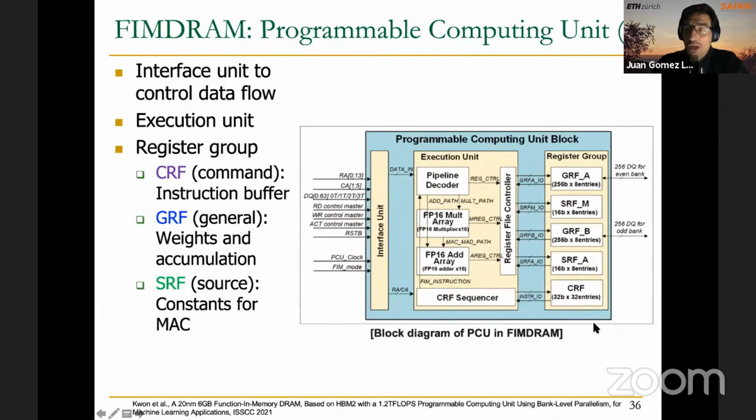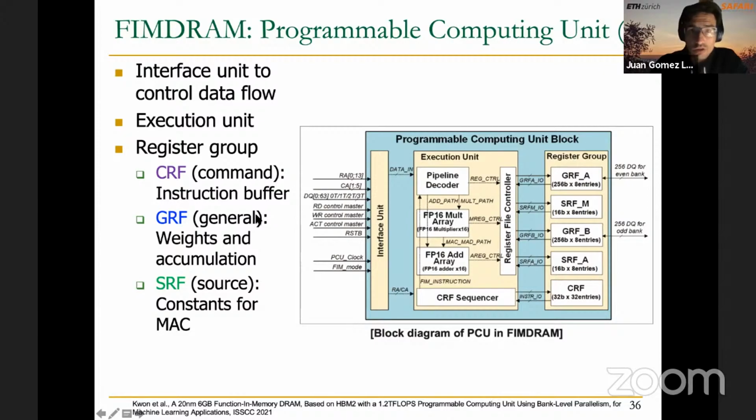So which means that we can only keep here 32 instructions, right? So that's why we will need, as you will see next, some instructions to jump if we have to repeat a certain sequence of instructions,